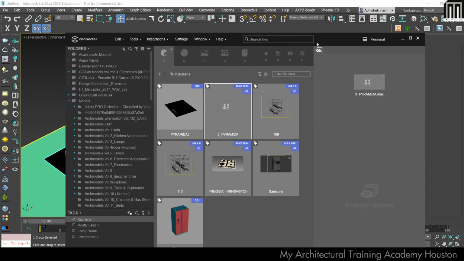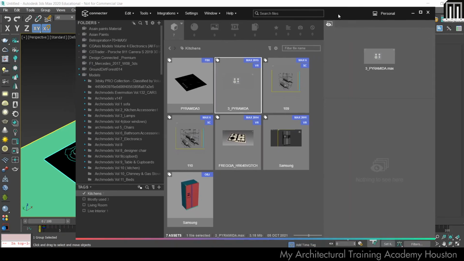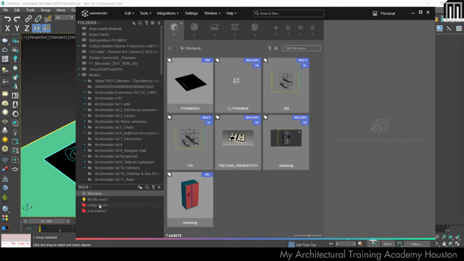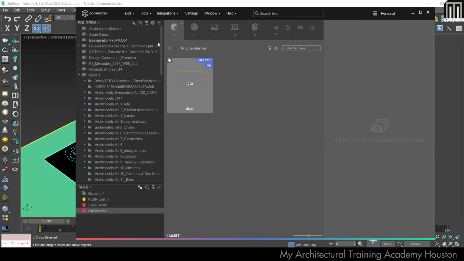Let's say I've made some tags like this, but about tags and some other shortcuts, and the PBR materials also, I'll make another video. Maybe a second part, because in one lecture it is not possible to show you everything. You first download it and try something. I'll maybe make a second or third video in detail.